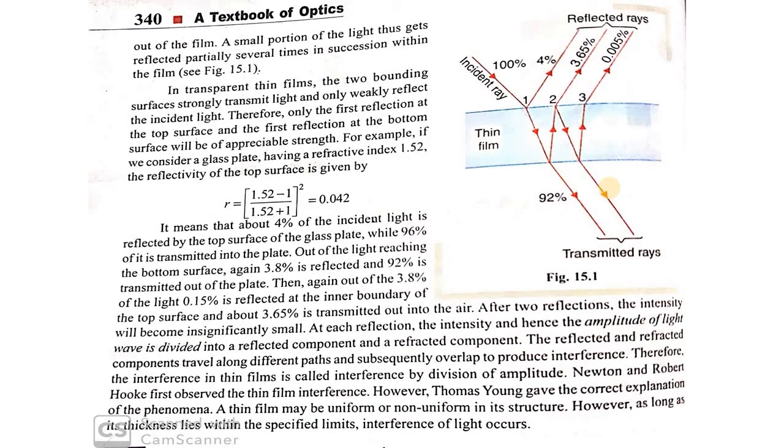So I hope it is clear: what a thin film is, and how light gets reflected and transmitted in a thin film. Normally, most of the light gets transmitted through a thin film. And what happens when light moves from a rarer medium and gets reflected at the interface of a denser medium? There occurs a phase difference and path difference. What is geometrical path difference and what is optical path difference? And what are the conditions for the occurrence of constructive interference and destructive interference? I hope these are the prerequisites or prior knowledge needed for going through this chapter.